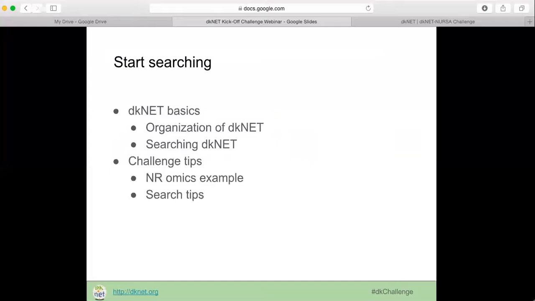But just like Google lets you search over many, many different web pages all at once, we let you search across many different databases all at once. So we wanted to give you a few tips, without giving away some of the Easter eggs that we know are present in dkNET, which we think would actually meet the challenge on how to get started with dkNET, how to search it,